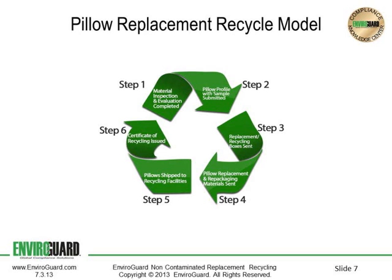The replacement shipment will go out with the special recycle boxes that contain a poly bag inside of them, as well as additional instructions on the packaging requirements to prepare the shipment for the recycling facility. Once the new pillows have arrived on site, the pillows scheduled for recycling will be placed into the boxes that the new pillows came into. This is done simultaneously. The shipment is then prepared as per instructions and will be sent to the closest recycling